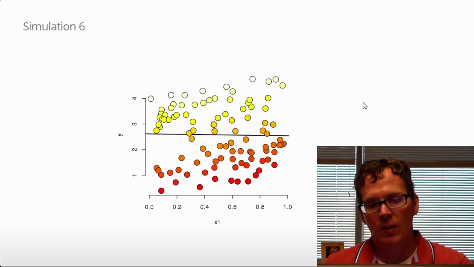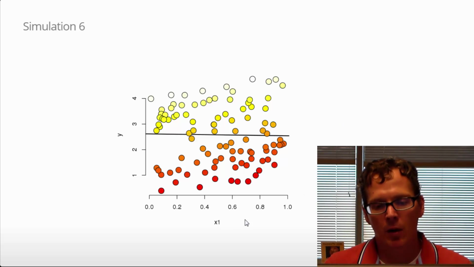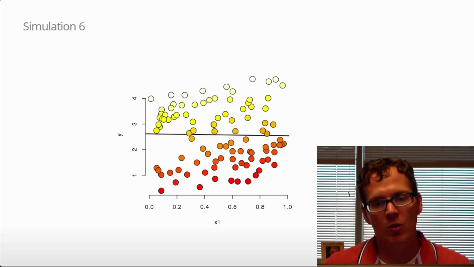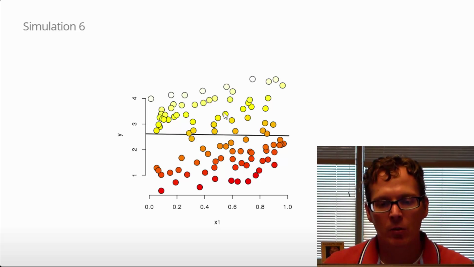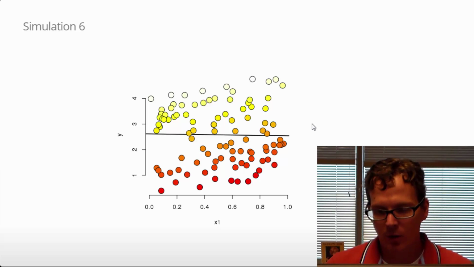continuous X. In this case here we have our same outcome Y, and our X1 variable is continuous and our X2 is continuous, but because it's kind of hard to show three variables at the same time, X2 is color-coded. So lighter values mean higher, and more red, darker values means lower. Okay, so in this case, if you look at this plot, you would say there isn't much of a relationship between Y and X1. However,